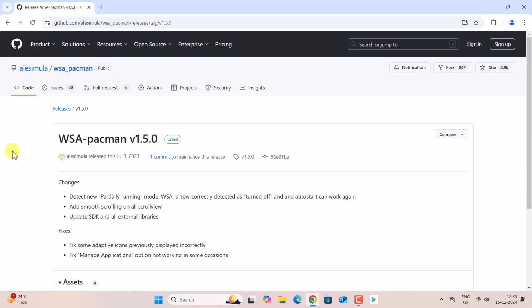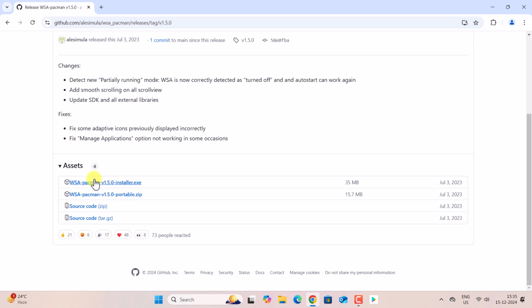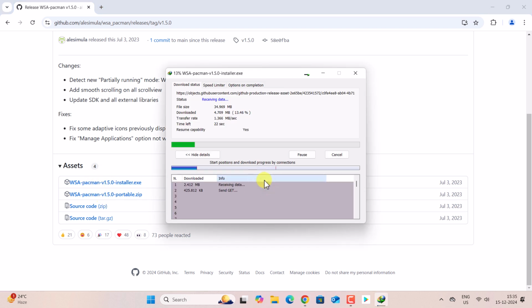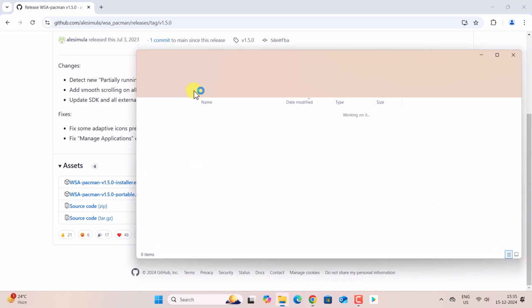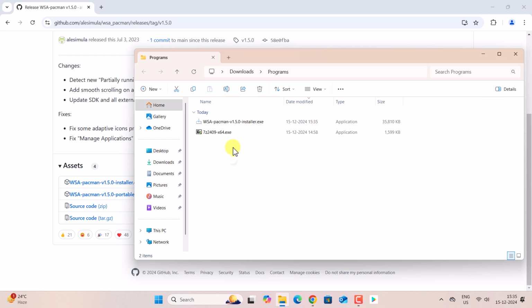So click on this and now scroll down and download the installer.exe file. And the size is 35 MB, not the portable zip version. You have to install the installer.exe version. Okay, so once you download it, now open the folder and you need to do nothing, just double click on this installer.exe